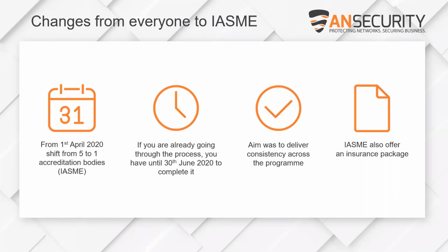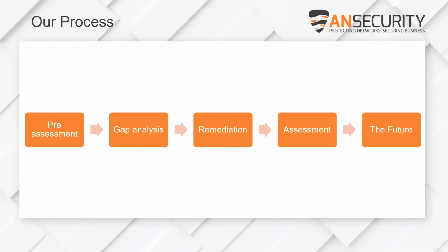Now, as Rich alluded to earlier, this has brought about some significant benefits as well. One in particular, IASME is now offering a certain amount of cyber security insurance should you be breached. This is proportional to the size of your organization, of course, and the technical details about that are available on their website. So skipping forwards there, we're going to have a quick look at the process that we use